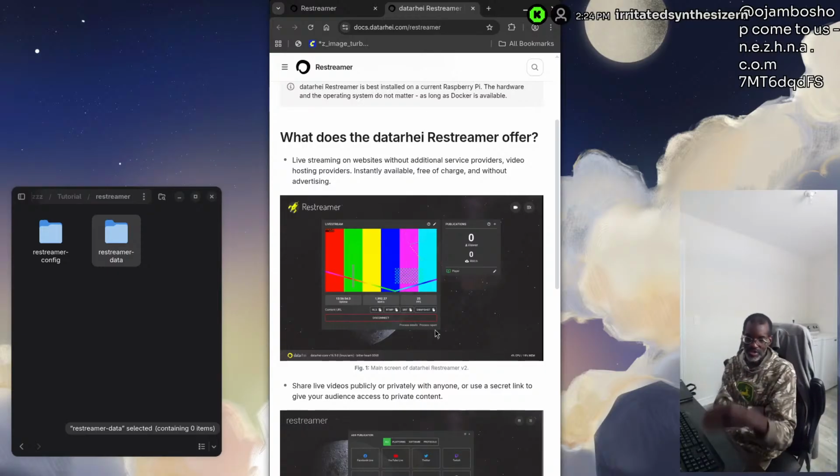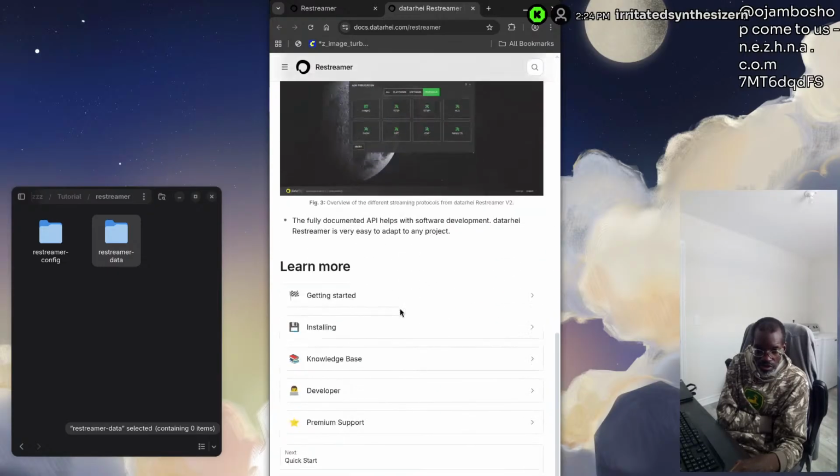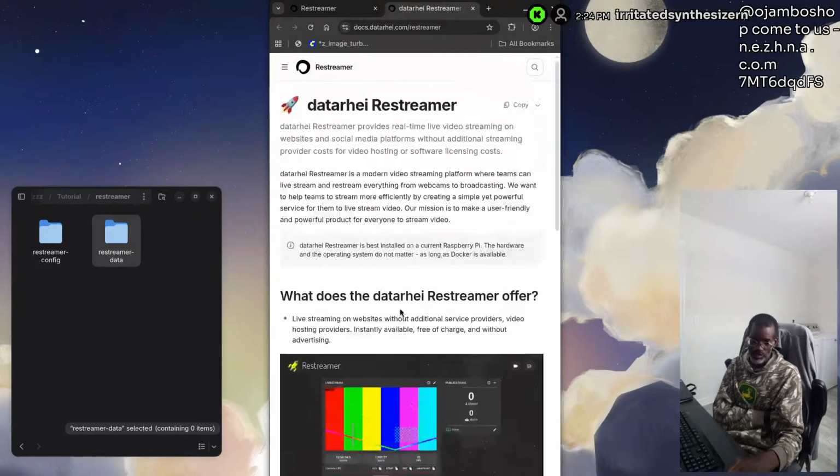Yeah, so like I said, there's so much stuff you can do. You can also use plugins, extensions, and share a secret private link. Very nice. So there you go. Especially if you put it on your remote server, you can do way more stuff. Like I said, it's on the Raspberry Pi. I should have tried it on the Raspberry Pi.